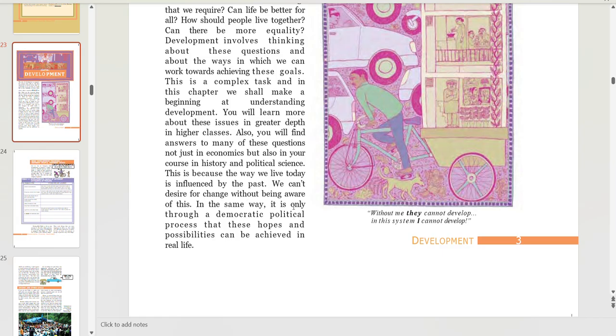So in the same way, it is only through a democratic political process that these hopes and possibilities can be achieved in real life. So it is saying that people's dreams and expectations can become reality only when they have a voice in decision making. So in a democracy, citizens can elect their representatives and influence government policies through the democratic process, and people's needs and aspirations can be transformed into real development. Okay,